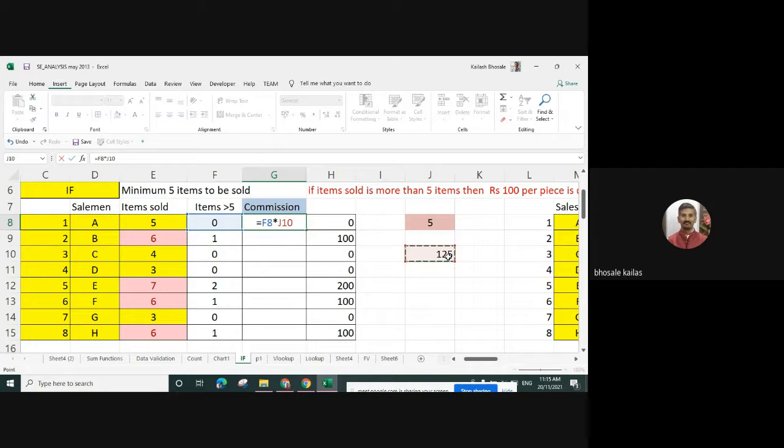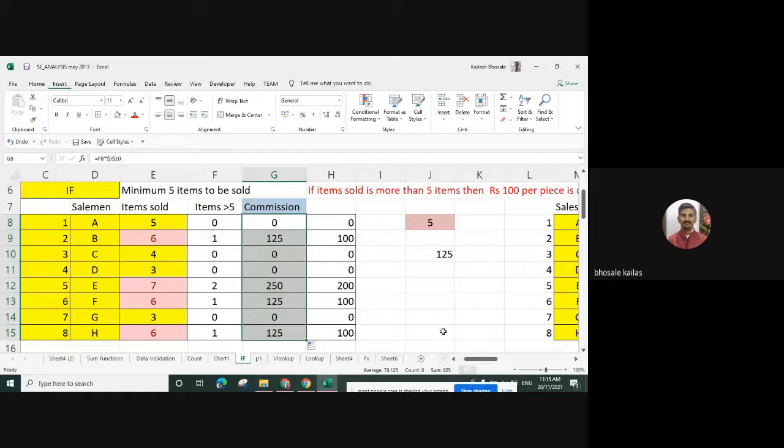J10 is the commission I want to give. Similarly, आपल्याला इथे हे पण सेल जो आहे J10 चा व्हॅल्यू that should be locked. लॉक करायचं. For that purpose, use the dollar sign. So the dollar sign is used to lock this cell value, and press enter. Then select the cell, go to the bottom right corner and double click on this. It will calculate the commission.